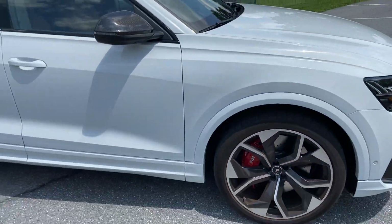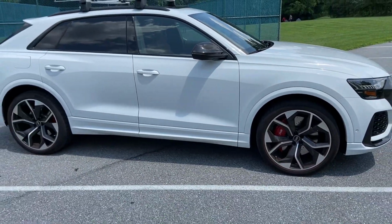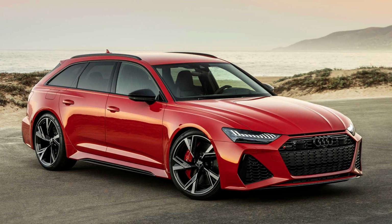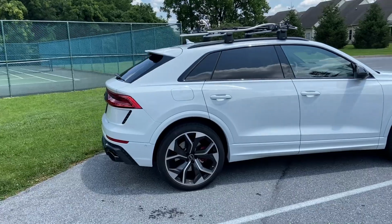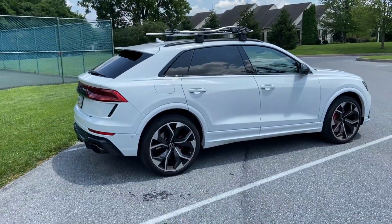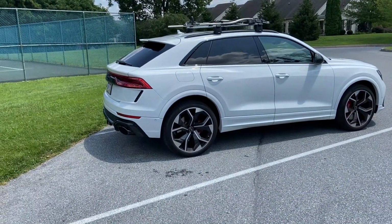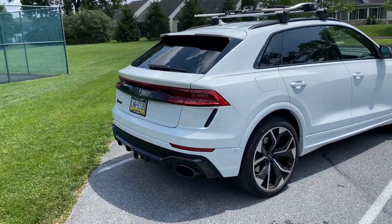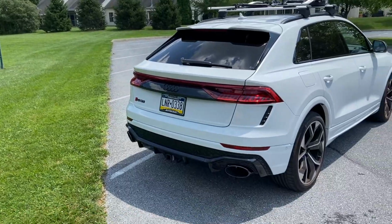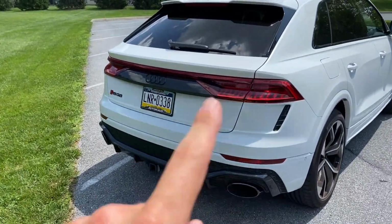RS right there. Now, I don't want to say this is like the flagship Audi, because I think like the RS6 Avant wagon and the R8 are more of the sort of flashier, I guess you could say, flagship type cars, but this is definitely the top of the line SUV because there is no RS Q7, but this just looks absolutely fantastic. Now, moving around to the business end, we have more carbon fiber in the middle right here,